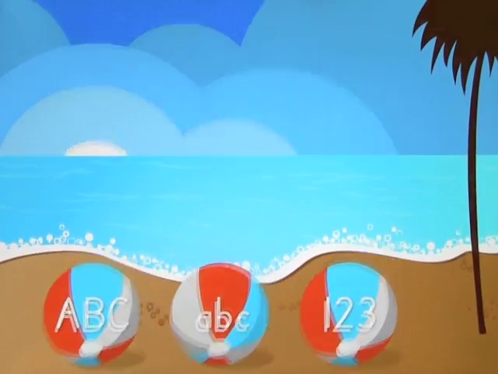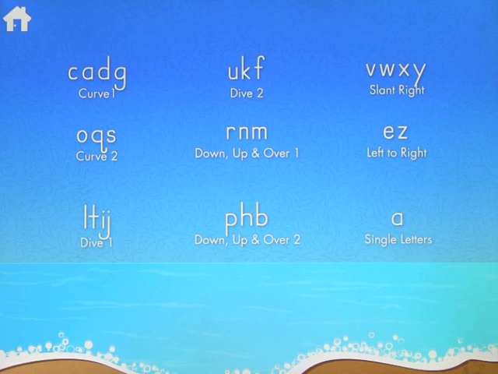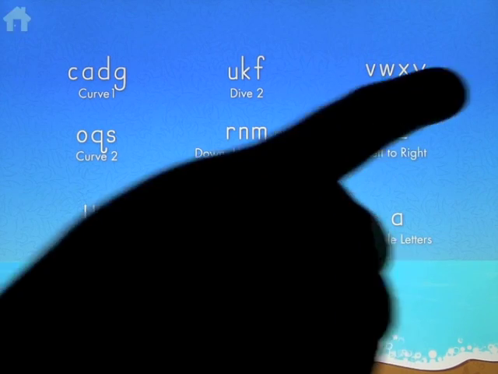Let's go ahead and have a look at lowercase. Works exactly the same way, of course. You've got a different set of letters here in different groups: curve 1, curve 2, dive 1, dive 2, down, up and over 1, down, up and over 2, slant right, left to right. And then you've got your single letters. So if we go ahead and have a look at left to right,